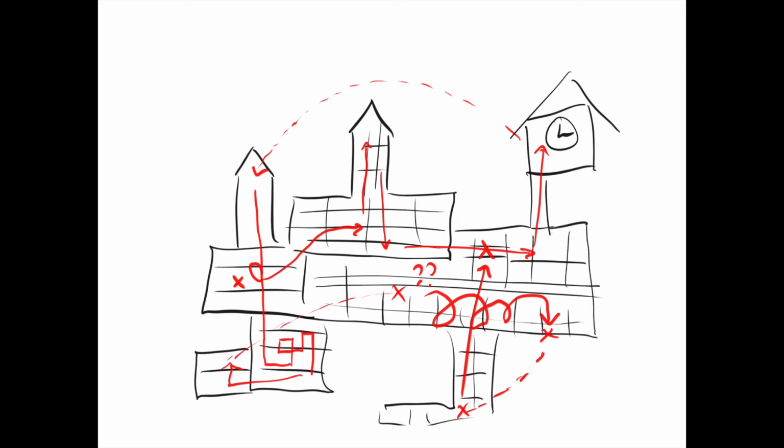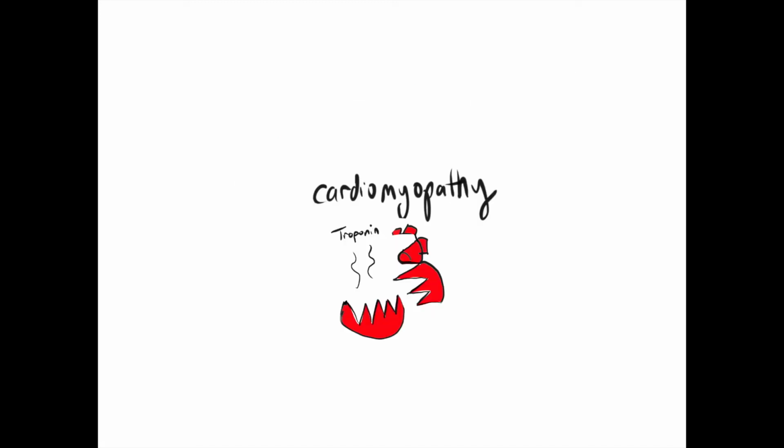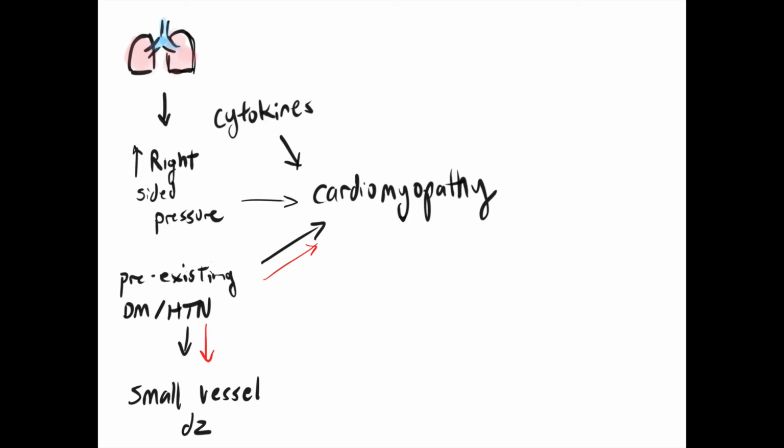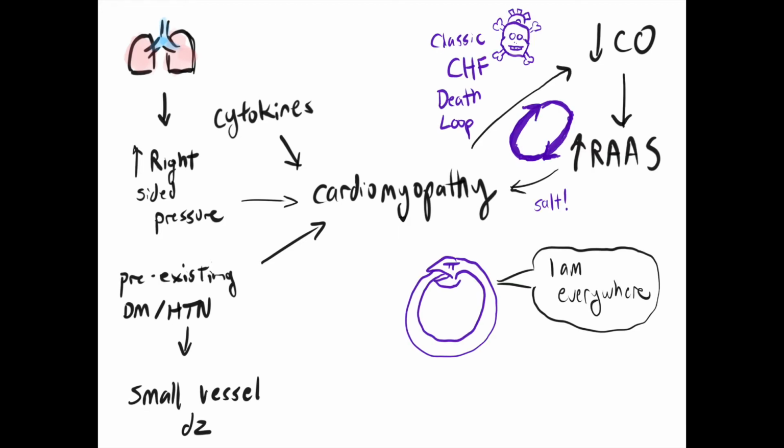So it gets worse. People with severe COVID-19 disease are dying from cardiomyopathy. I cannot imagine that right-sided pressures are a major contributor, but it's really here for the sake of continuity. More likely, circulating cytokines are causing hypodynamic failure, and it seems that Italian patients with diabetes and hypertension seem to be at an increased risk of dying, and may already have existing cardiac dysfunction and small vessel disease. In select cardiac patients, all these contribute to worsening cardiac output, which, to skip a few steps that everyone kind of knows, leads to worsening cardiomyopathy.